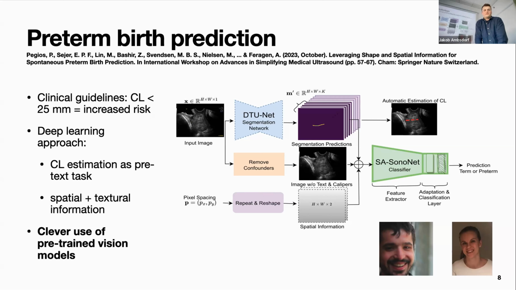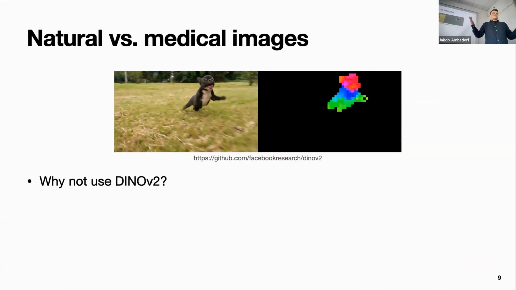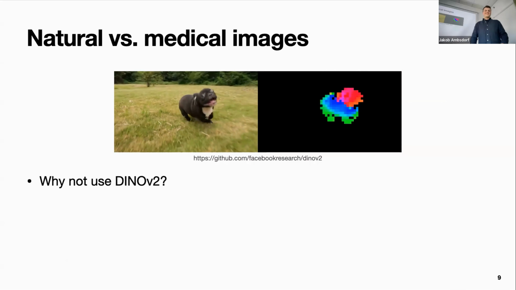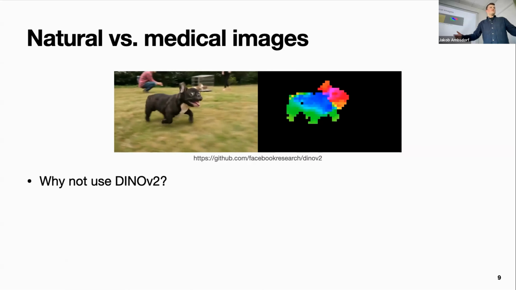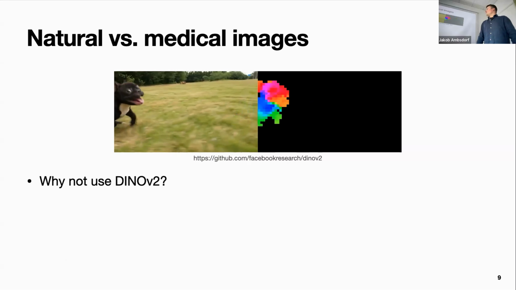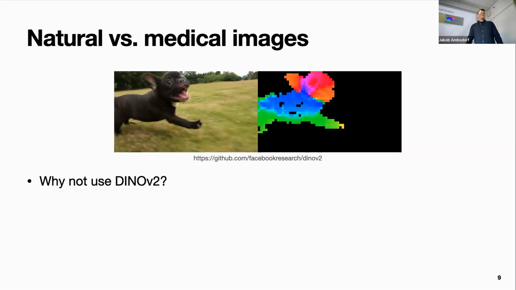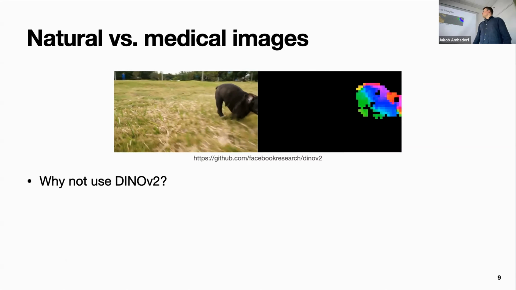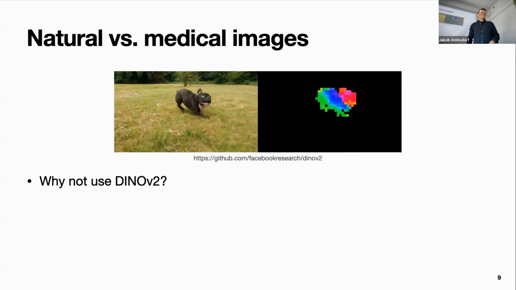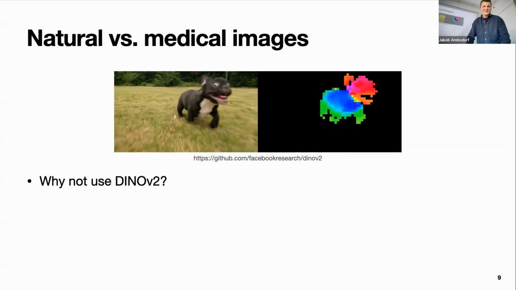And I think it's kind of inspiring to think about how could we bring in more of these? So how could we make more use of the pre-trained models? And of course, if you're in computer vision, maybe you think, okay, this is old news. We have models like DINOv2, which are incredibly powerful foundational models that have amazing out-of-the-box features, like here in this example, that are very semantic, and why don't you just use that? So doesn't that solve your problems?